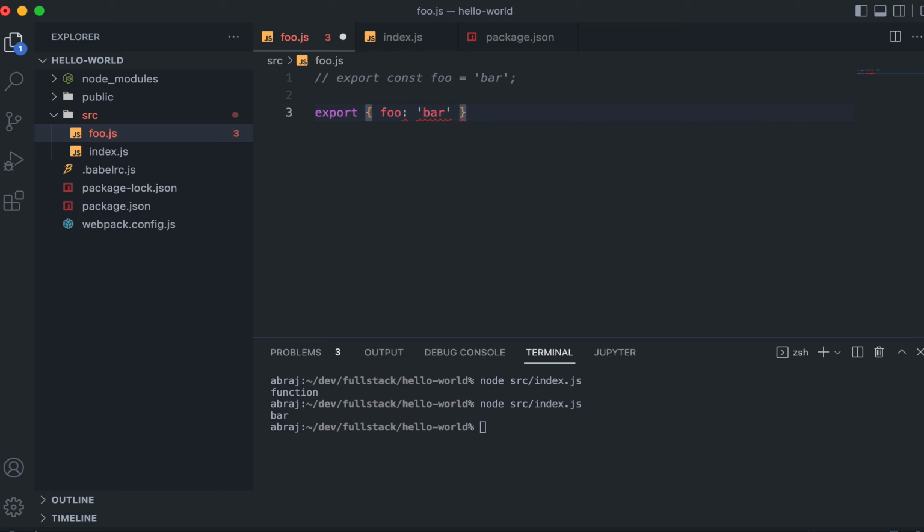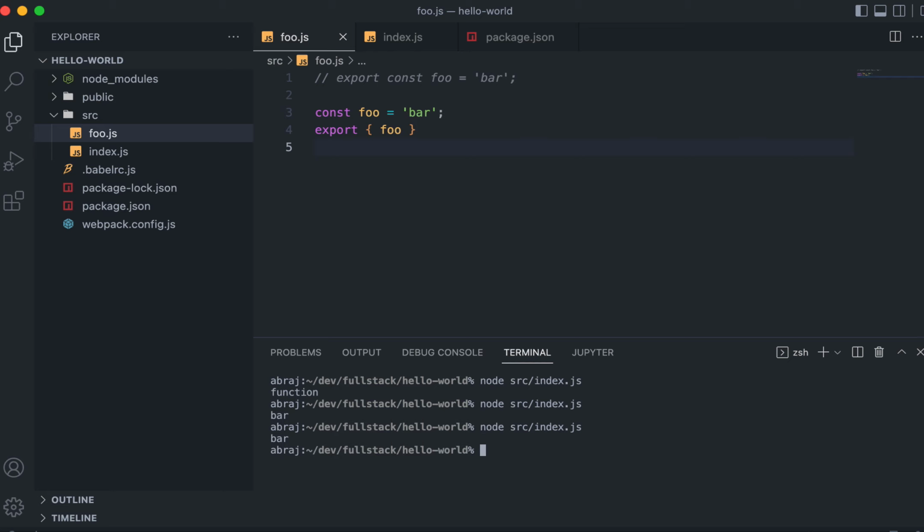You see that it is showing a syntax error. You cannot do something like this, though you could do something like this. This is fine, this will still work. So why is that? First thing you have to understand is that when you are using this export syntax